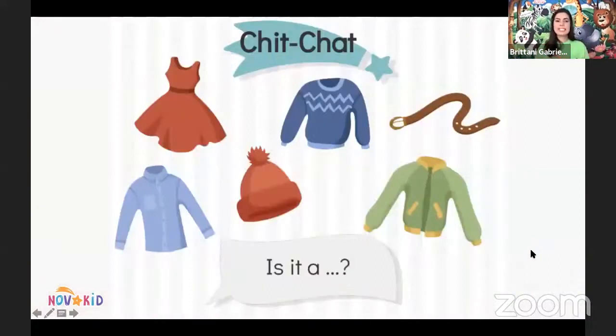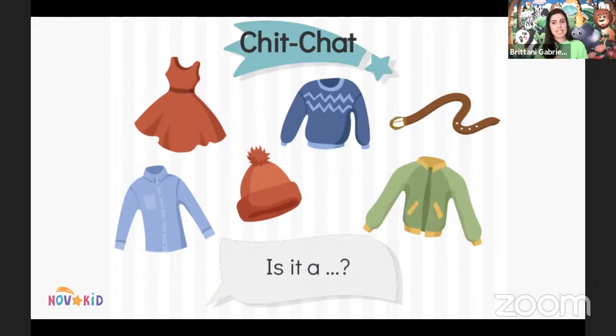Now, this is a slide that you might see a lot in your level 0 classes. There's usually a slide in each unit that has a picture of all of the different vocabulary words on it. Now, this one comes from Unit 12 on clothes, but even in Unit 4 on fruit, you will have a slide similar to this.